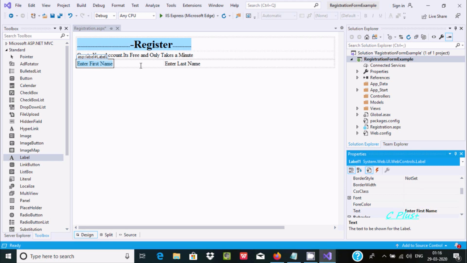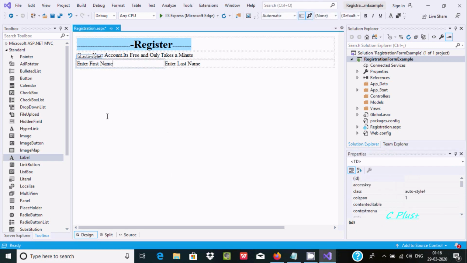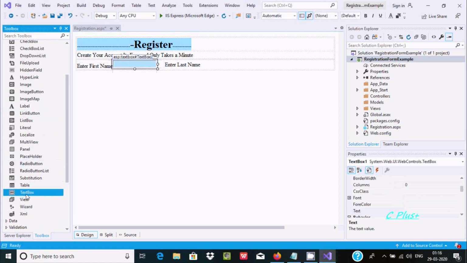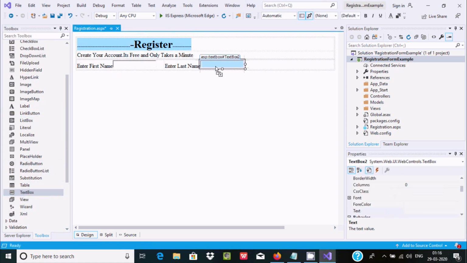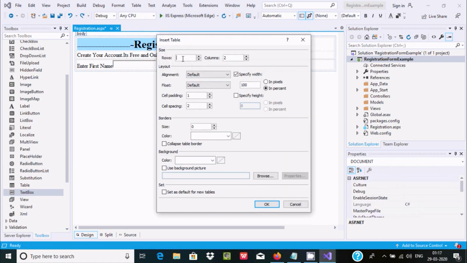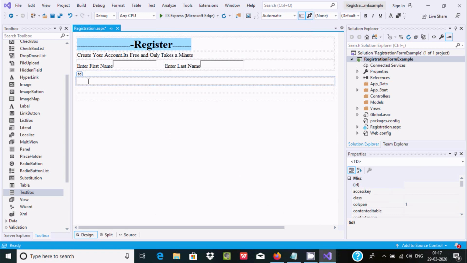Now after that, at this place going to add 2 text boxes. So this is text box 1 and this is text box 2. So let's add some tables. So insert table. So here going to add 3 rows and 1 column. 3 rows added. So here let's write enter email